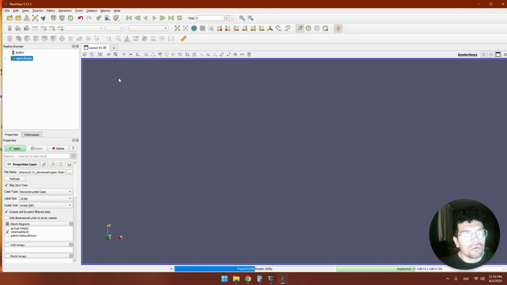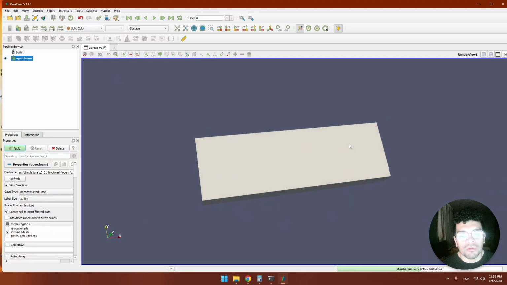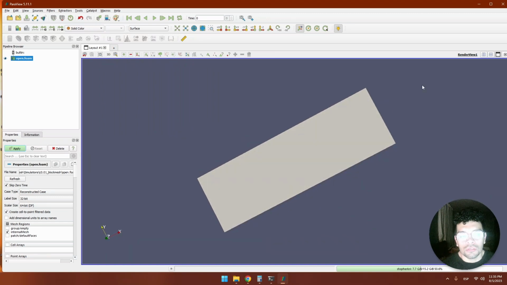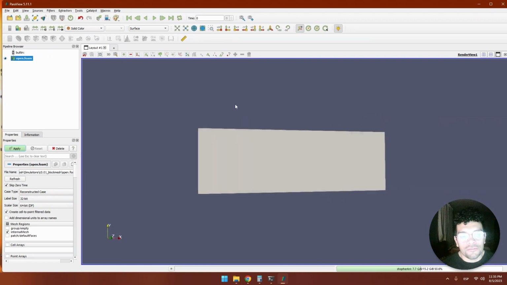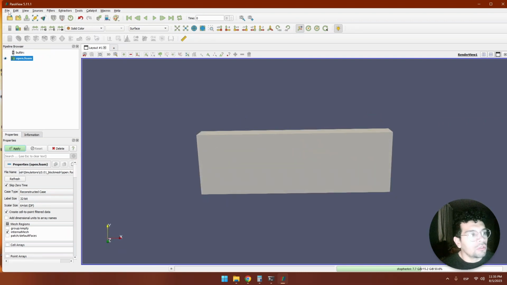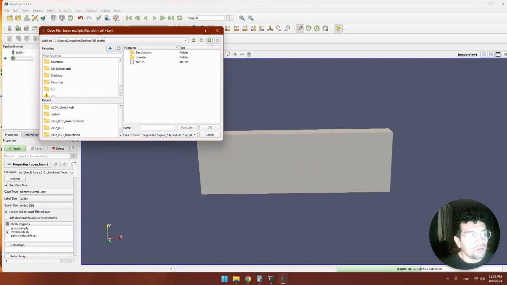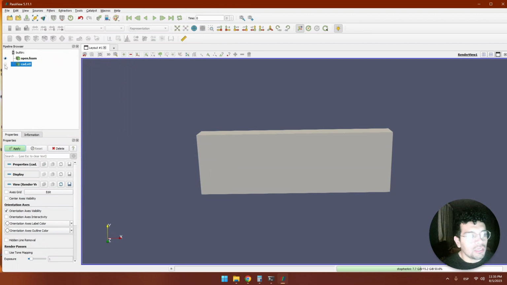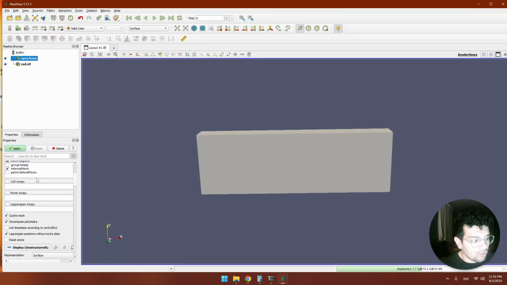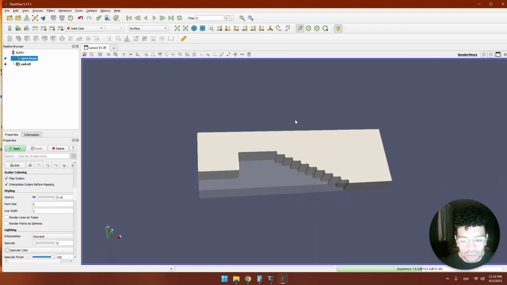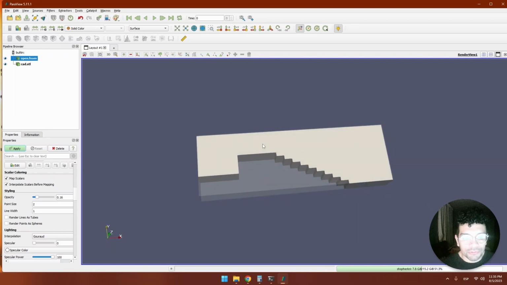So now we have our domain. But what is this? This is a box. This is not the surface we want, the geometry we want. What we want would be, let's open that, the STL we created before. We created a capped STL. Let's set the opacity of this to here. So as you can see, the geometry we want is inside this